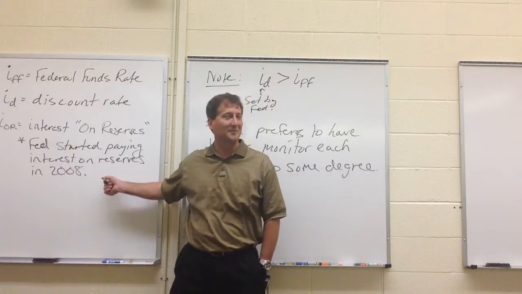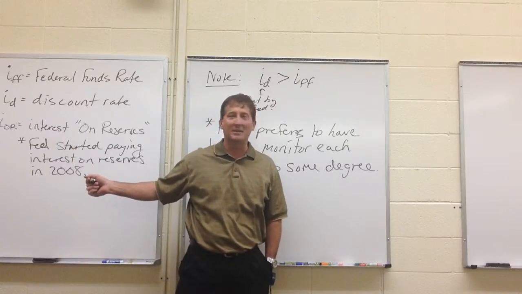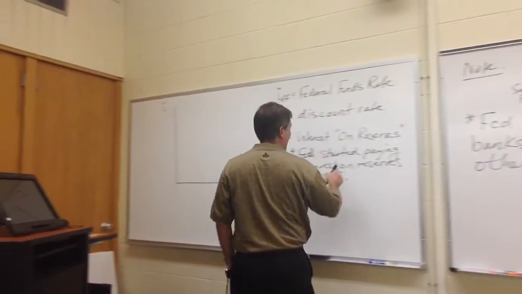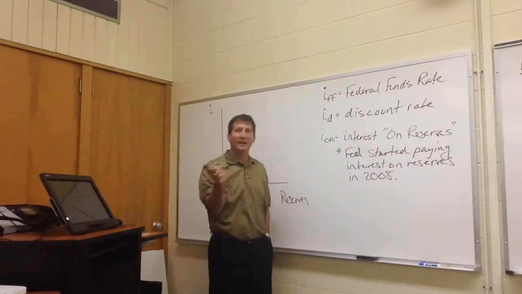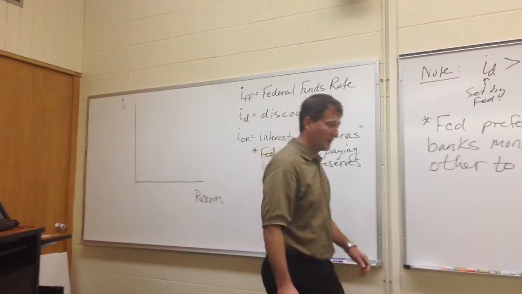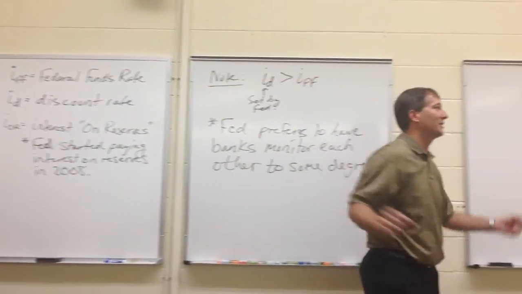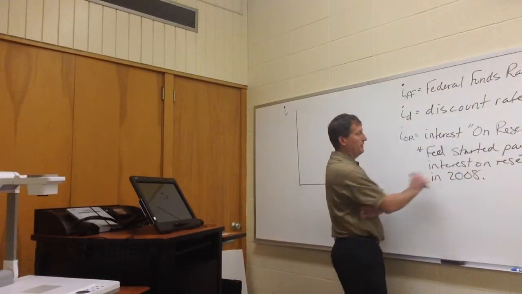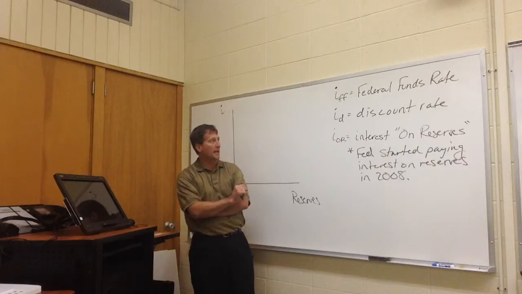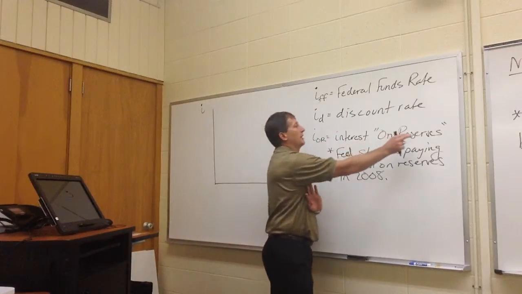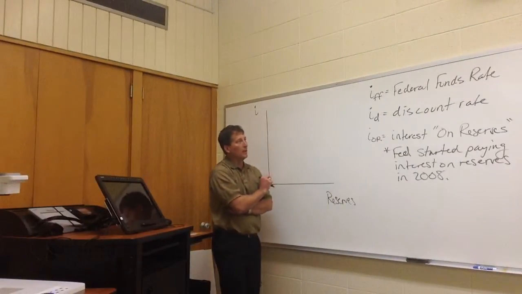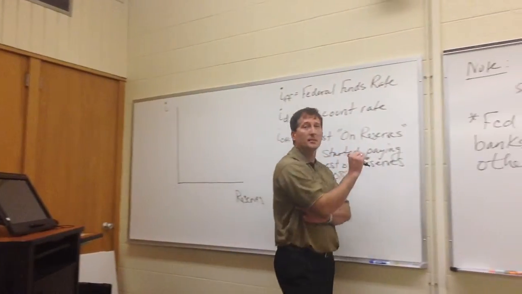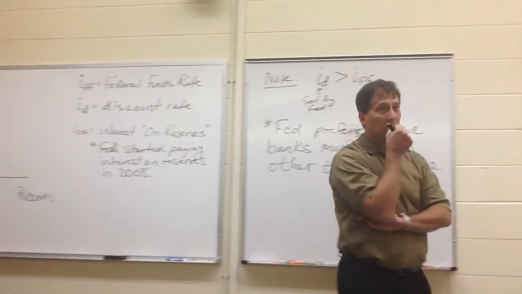But they accelerated that. Why? What happened around 2008? That's our financial crisis time frame. So they got this put into place as one of the many things that they threw on the fire, one of the many buckets of water that they tried throwing on the fire of the financial crisis. Bernanke accelerated the change in policy from 2011 to 2008. And so now they're paying interest on reserves. So that means all money potentially has the ability to get some interest on it. Yeah? So if they accelerated it to 2008,